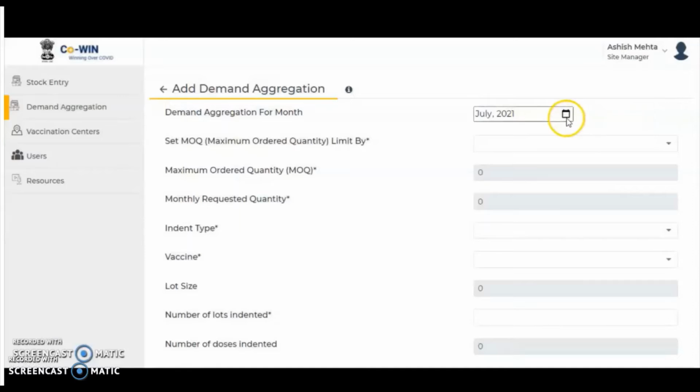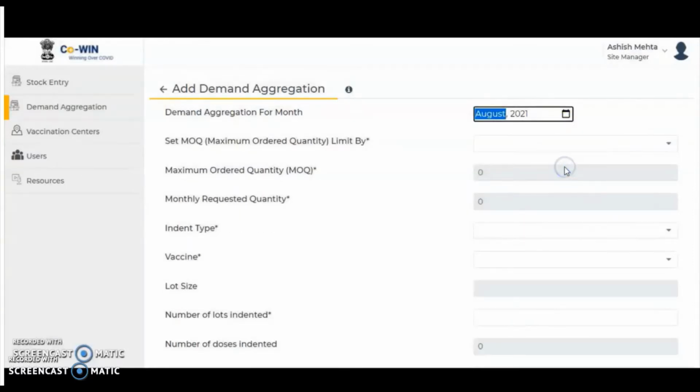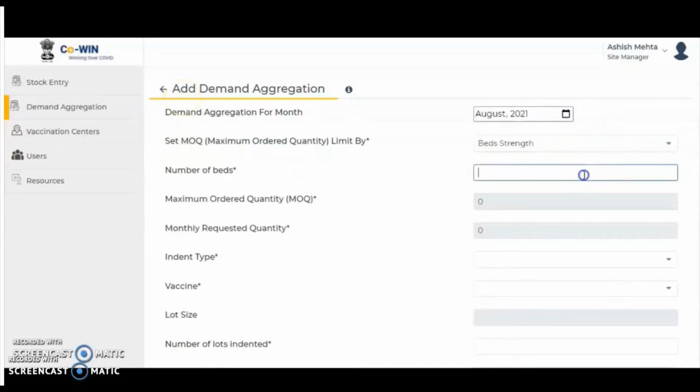To raise demand, CVC manager can click on the Add Demand Aggregation icon and then select the month for raising the demand. To set MOQ, you can select 7 days average or bed strength. In case of bed strength,